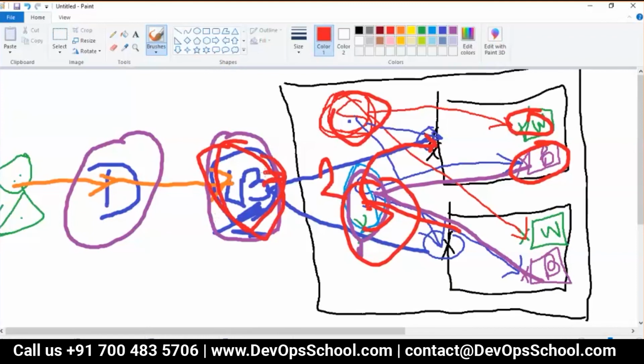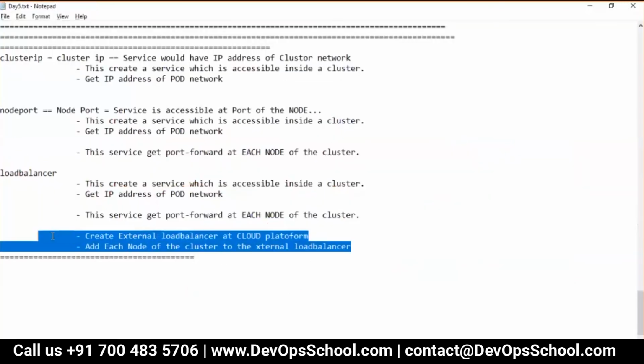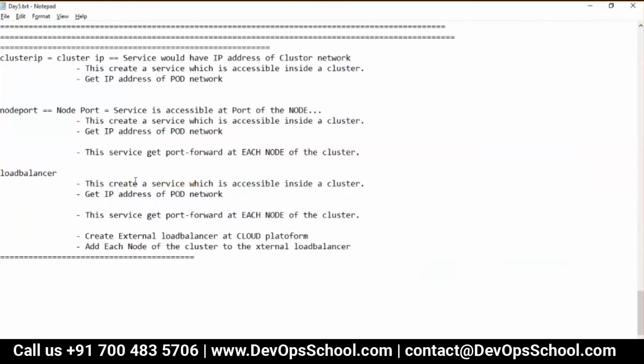But what will happen? This same service will port forward at each node also. Yes, so that will become a node port. And by the same service, the third thing will happen with the load balancer, extra. The cluster knows how many nodes you have. This load balancer will balance the node ports, right? The cluster knows how many IP addresses I have in my nodes. So what will they do? They will do this additional stuff.